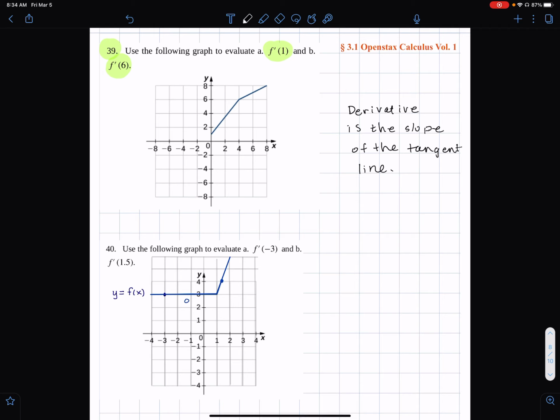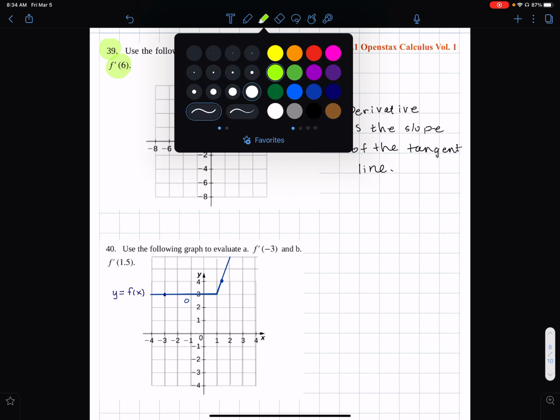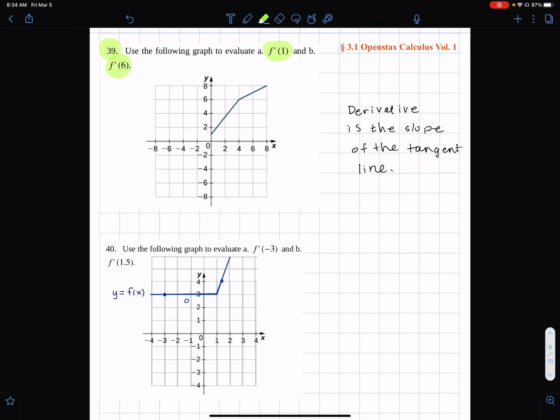So the derivative is the slope of the tangent line, and let me take out maybe a little dotted color here. So